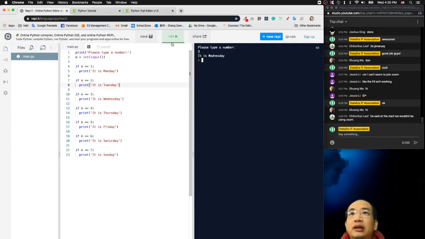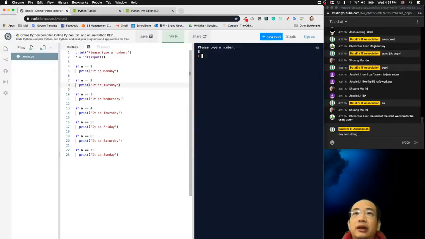And again, if I run it and I type 5, it should be Friday. Okay. If I type 6, Saturday, that's good. If I type 7, should be Sunday. And if I type 8,